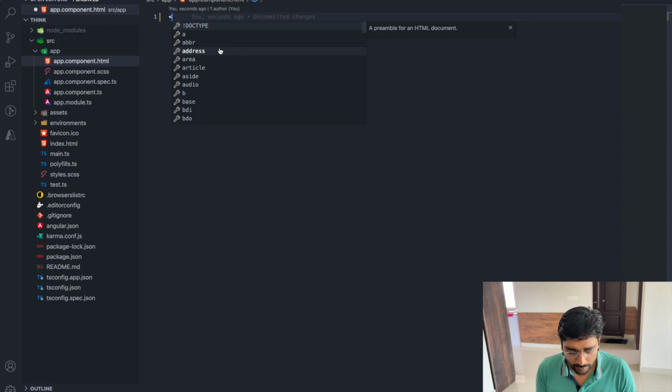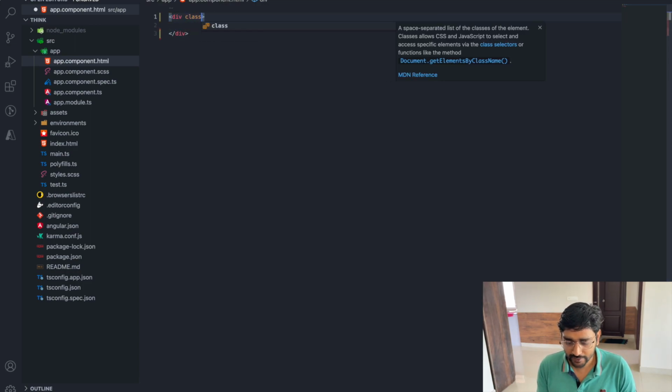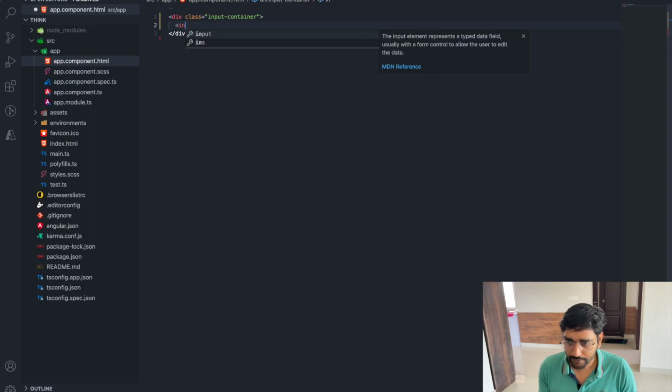Our program was basically to have a place where we add a number, and as we keep on adding numbers it will create a linked list representation. First I will create a division, and I add a class I generally use for remembering what this thing is for. So input container, that is not required by the way, container. And